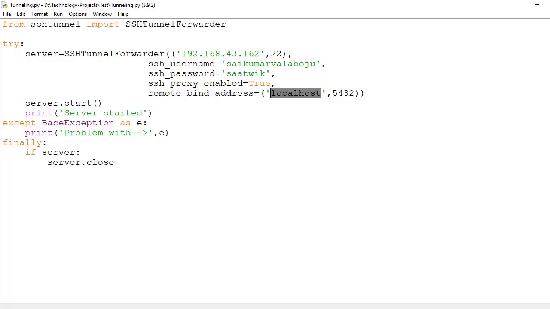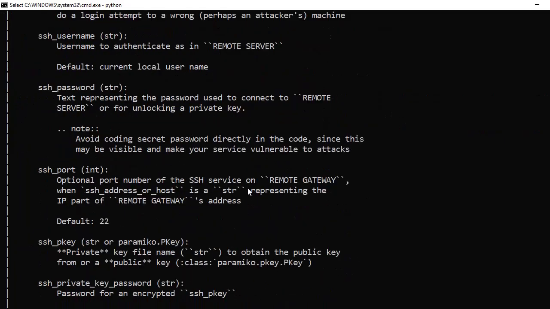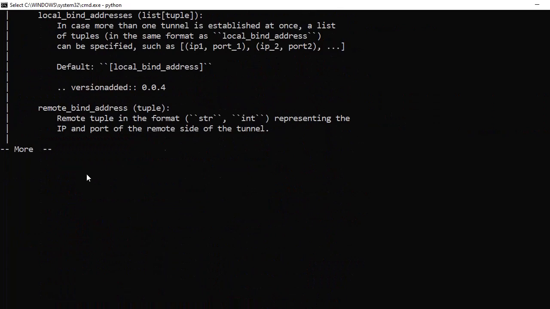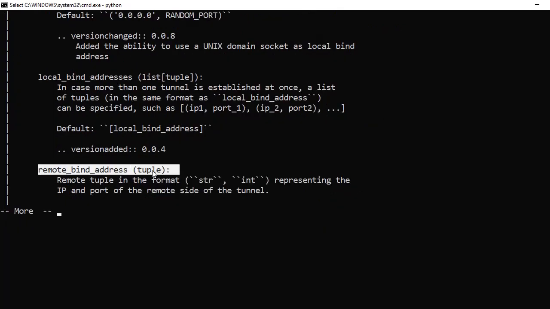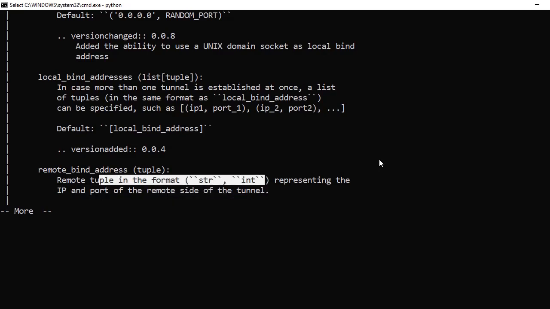It is also expected in tuple format. Observe here, remote bind address: the IP and port of the remote side of the tunnel, a tuple in the format of string, int.